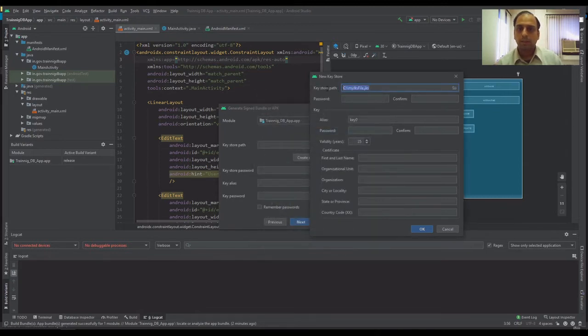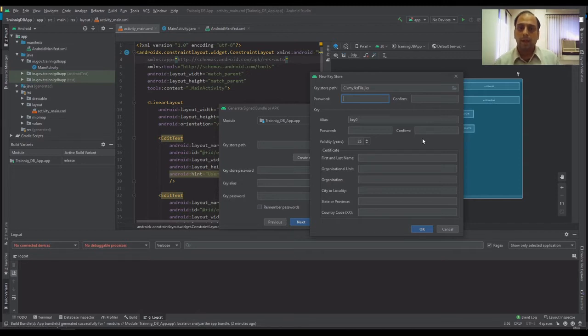This is the key store path in which the new key store file will be generated, and the password for that JKS file, right? Remember, you better note down all these passwords, because if you forget, you will not be able to use this JKS file. And if you delete this file by mistake, or if you lose this file, you will not be able to release any update whatsoever as far as that app is concerned.